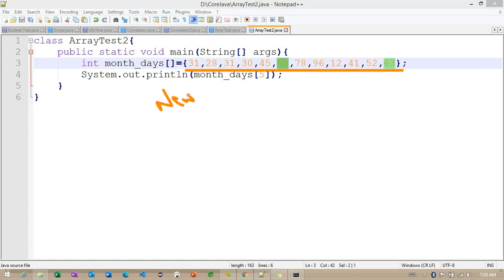Like how we created with the new operator, something called int, this is the step we are not going to write, but internally the compiler creates this step with the size, based on how many values we have, maybe 6 or 8 or something. The array object is created, and it again points to the same variable called month_days. Again, we can go for the same operation as before. With the reference of this particular index location, we can load the particular object here.